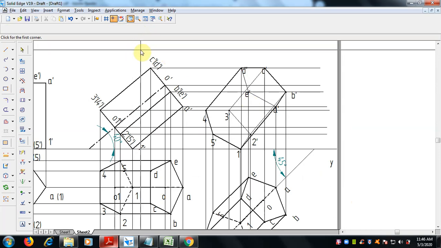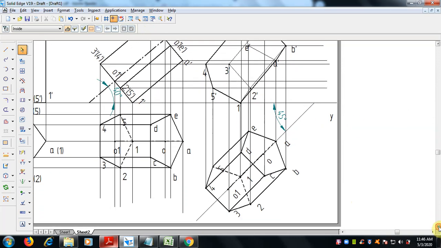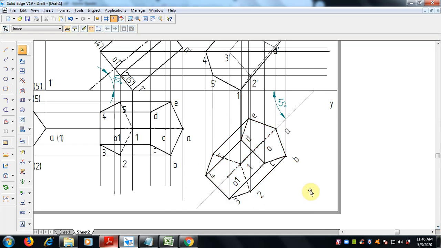This is visible. As I said, the boundary what we have done is visible, and for the remaining things, how can we see? This is the top view, right? To draw the front view, the observer is from this side, from here. So which base is near to the observer, either the ABCD base or the 1 2 3 4 base?